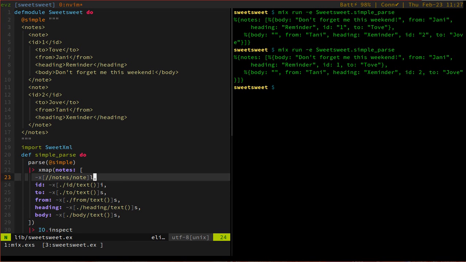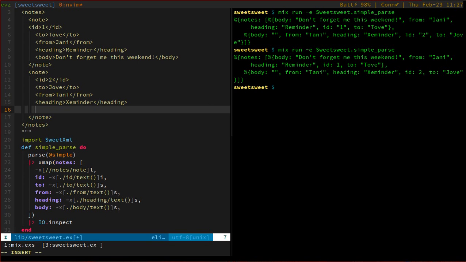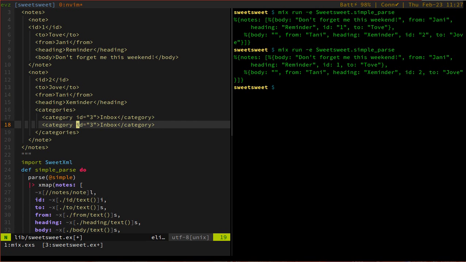Is there anything we missed here? Yeah, so one thing which we didn't look at is the level of nesting which you can have here. So here, let's say we also have categories, okay? And if we have categories, and let's say this is category, and say category has an ID of 3, and here category name is, this is inbox, and it also has a category ID of 5, which is